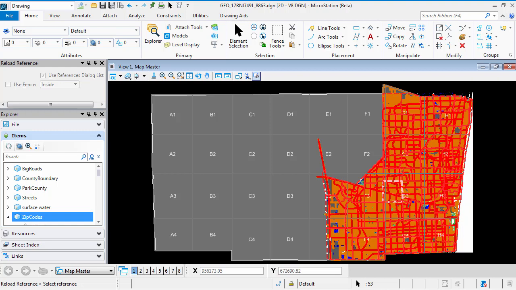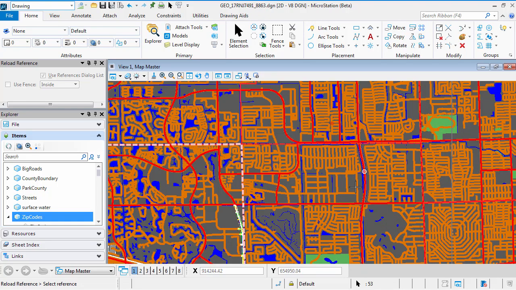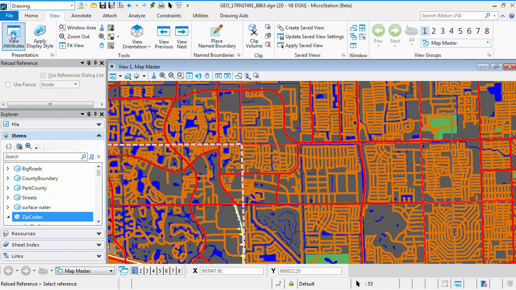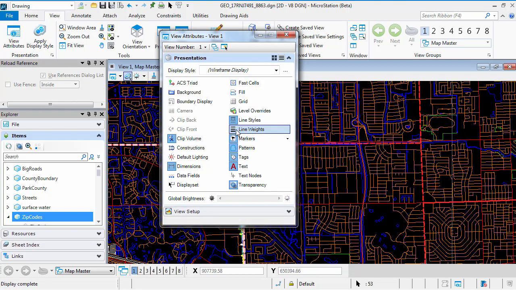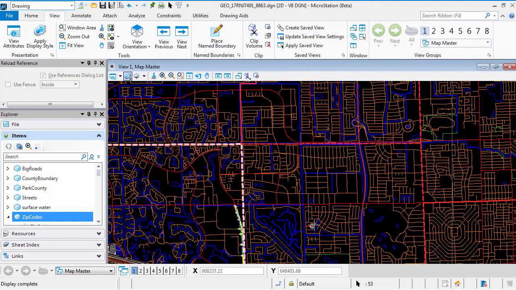from our file. We're going to go ahead and start MicroStation and go back into the same file that we've been working in. And we're going to make a few changes here first. So you'll notice that my line weights are pretty heavy. I've got some things that are filled or turned on in the background. So I can again go to View Attributes, go to the View tab, select View Attributes. And from View Attributes, I'm going to turn off the fill and turn off my line weights. So everything is nice and thin in terms of the line weights and kind of cleans up my data a